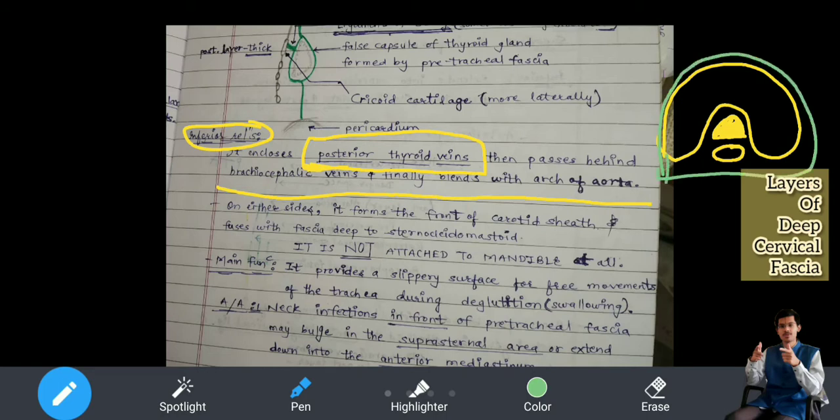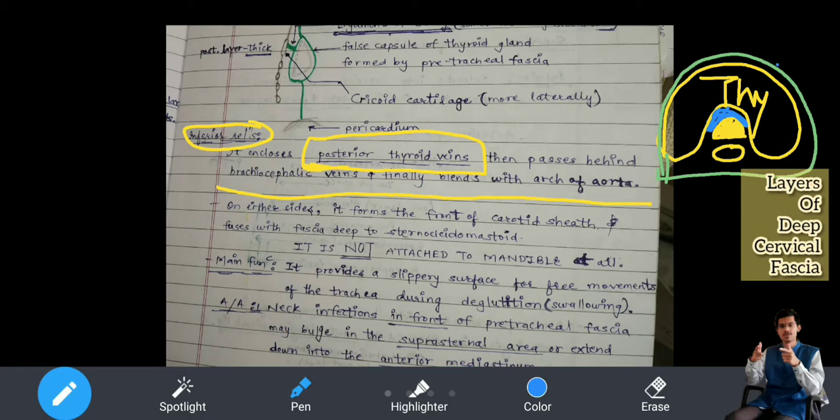Now, thyroid. I will write here T for thyroid gland. Okay, thyroid gland. Now, thyroid gland is here. Thyroid posterior veins I will show it to you in blue. Posterior veins will be posterior to the thyroid gland. Okay. Now, once the thyroid gland ends, the inferior part, base part of the thyroid, these veins, now this fascia, as long as the thyroid gland is there, the fascia is around the thyroid gland. Once the thyroid gland is over, is the fascia disappearing? No, it has to continue.